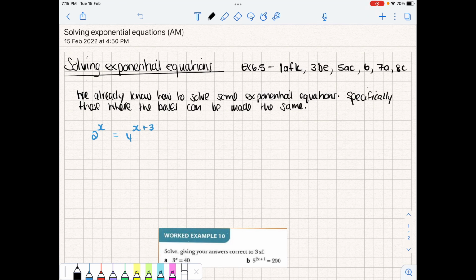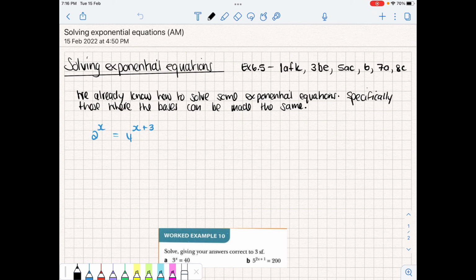Okay, so in the previous lesson we looked at solving logarithmic equations, and today we're going to look at solving exponential equations. We have looked at solving exponential equations before, right? Basic ones, and more specifically the ones where the bases can be made the same. So in the example I have here, 2 to the power of x equal to 4 to the power of